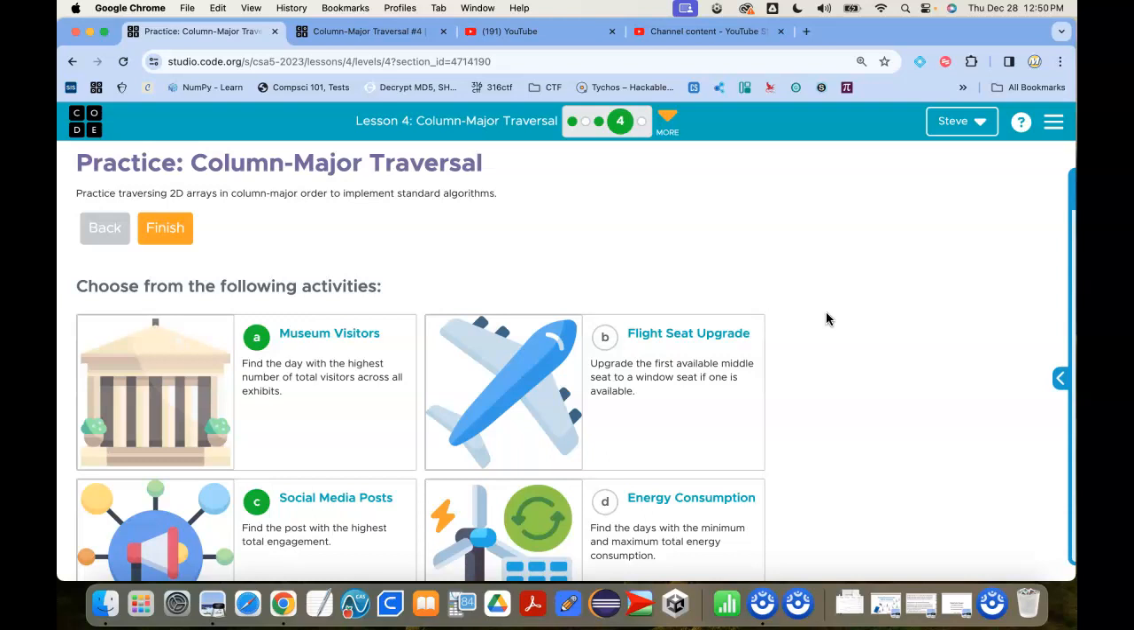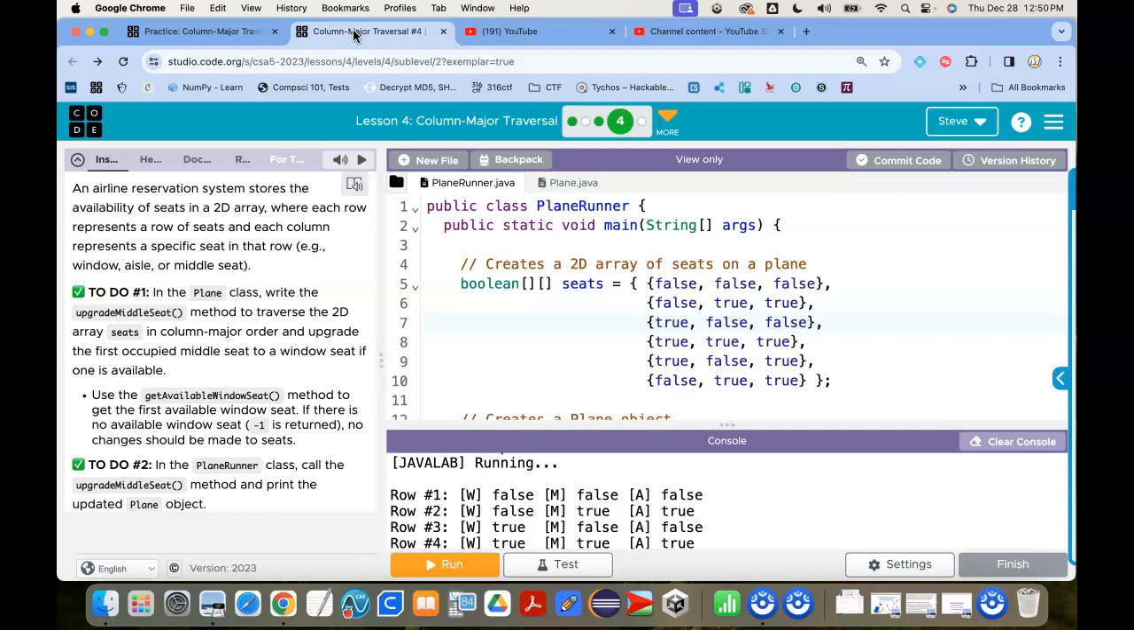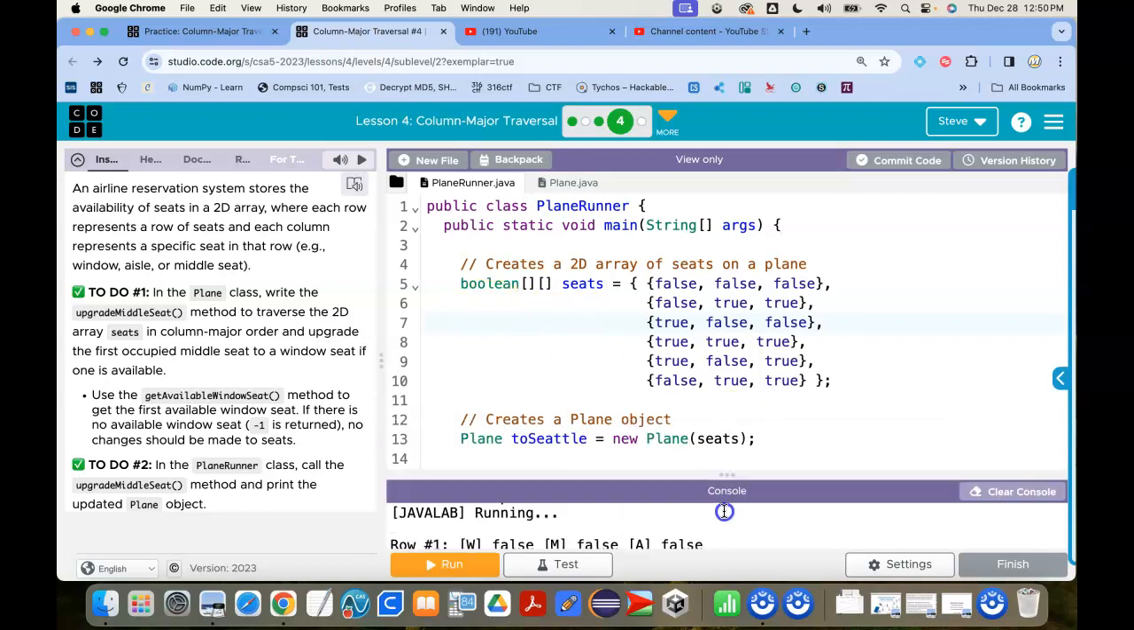Now, this flight seat upgrade, man, I really do not like this flight seat upgrade. I really don't think the instructions are super clear, and I need to think of a nice way to explain this to you. But when I first did this, as I read the instructions,